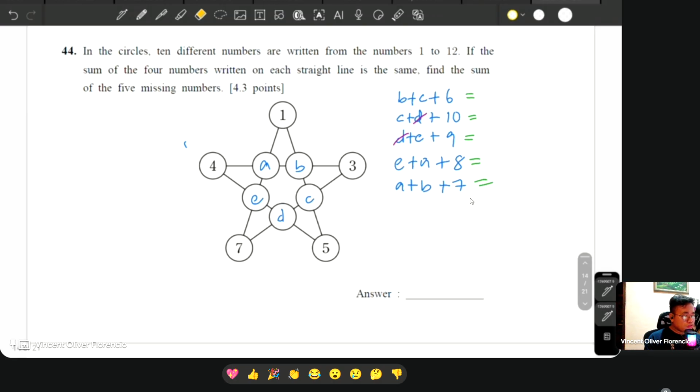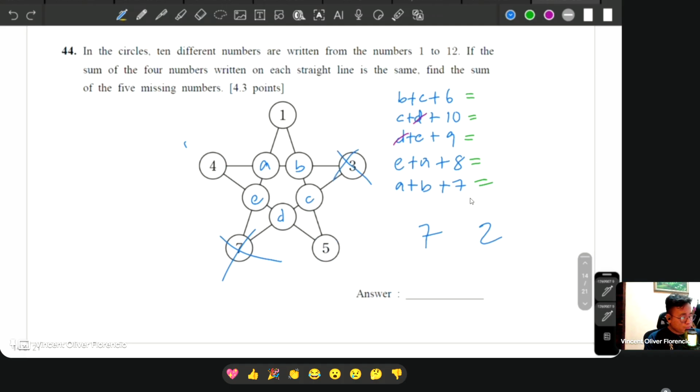And take note, the numbers used here are only numbers 1 to 12. Okay? That means to say, if the difference of these numbers is just 1 from each other, then these numbers here, A, B, C, D, E, should be what? Somehow next to each other, consecutive, because they just have a difference of 1. Sir, can I use here 7? No, 7 is used already. Sir, can I use here instead, let's say, 2? No also. Why not 2? Because if you will use 2, you will use 2, 3, 4, 5. The 3 is here already, 4, 5 are here already.